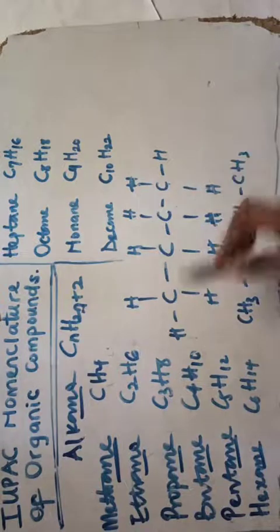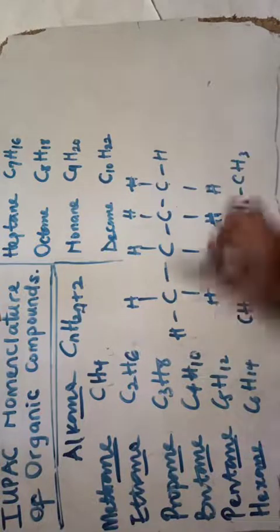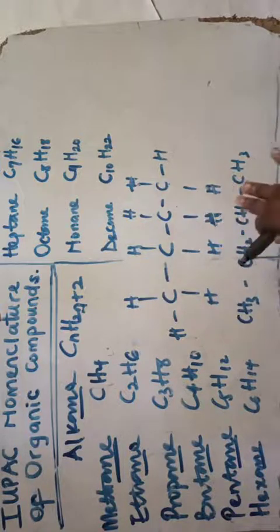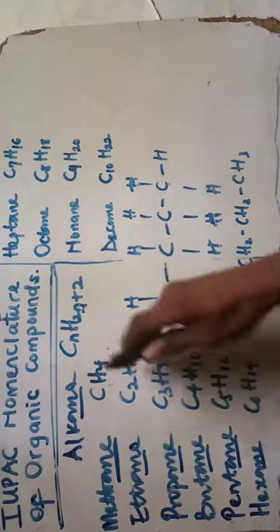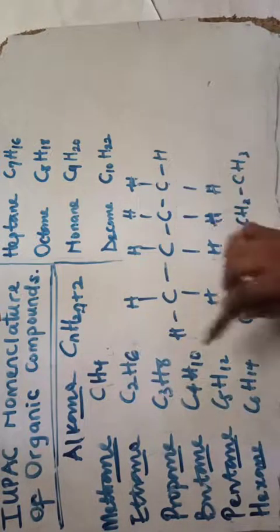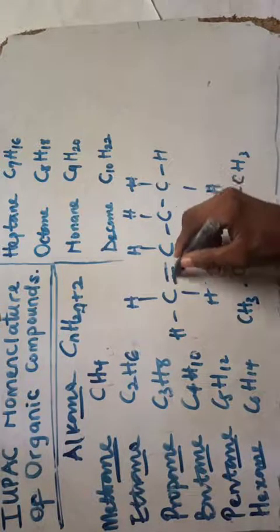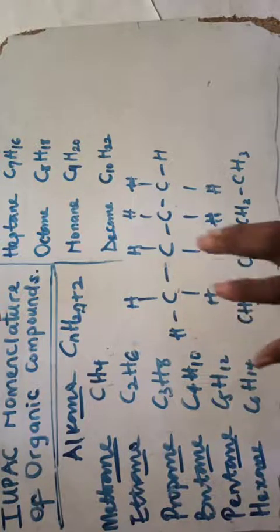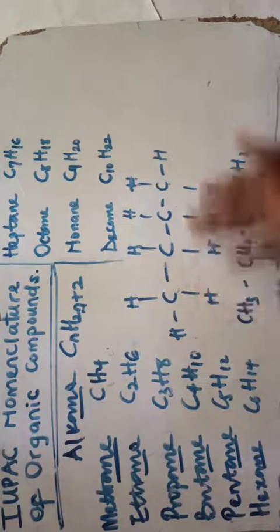You need to know it first: 1, 2, 3, 4, that is butane. Seeing no external functional group here, we can say this is the ane family. A functional group is a reactive group attached to a chemical compound which dictates the physical and chemical properties. If I were to draw a double bond, that is a functional group, alkene, and we'll be considering that as well. The presence of a functional group is very unique, and sometimes a compound can contain more than one functional group.